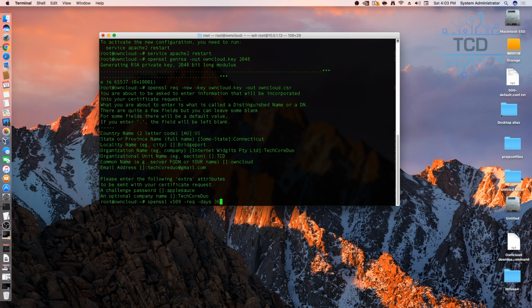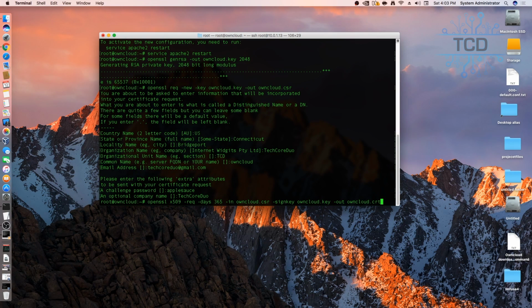So this is the amount of days that our certificate is going to be valid for. -in owncloud.csr -signkey owncloud.key -out owncloud.crt. Okay, now that these files have been created, once we hit the return key here,